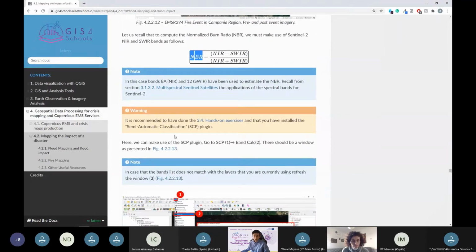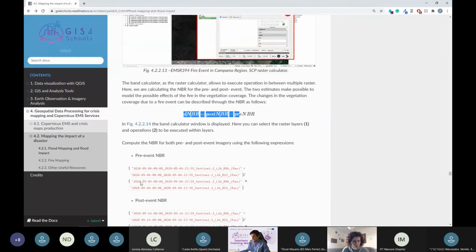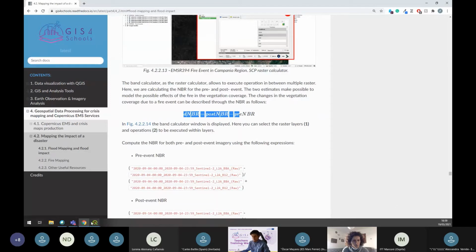And then what we can do in order to assess how the vegetation has been damaged is to make the difference in between this ratio that we have estimated in post and pre-event. So basically what we will do is to make this difference, and then with these estimates we will select an appropriate symbology that will allow us to assess the damage inside the vegetation. Okay, so